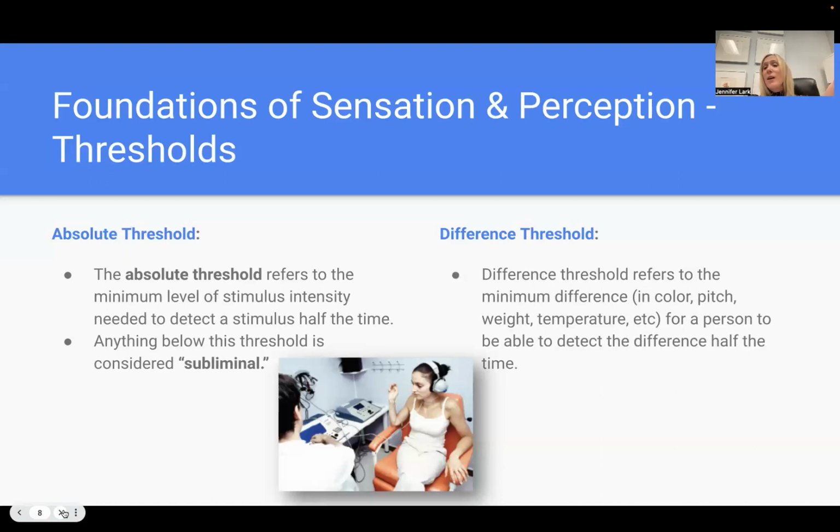So when I'm looking at my cell phone at night, it's too bright for me and I want to make it less bright. The just noticeable difference for me, or the difference threshold, is met when, as I'm diminishing my brightness in the settings, my brain actually perceives, oh, it's much more dim now. This feels better for my eyes. Okay, so the difference threshold is the amount of difference that needs to happen until we realize that a difference did occur.